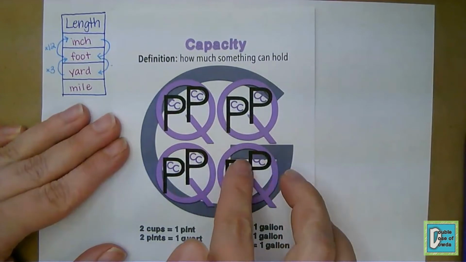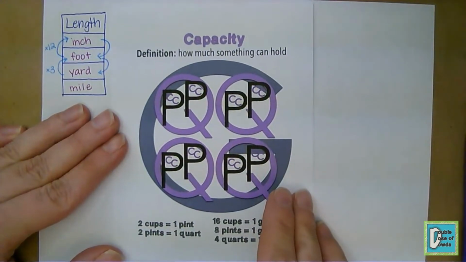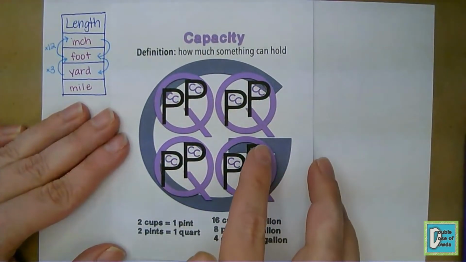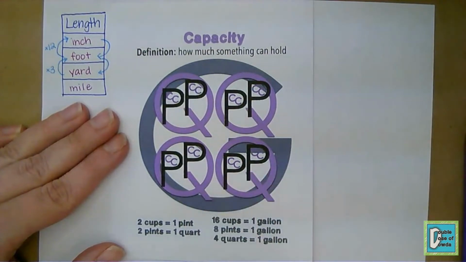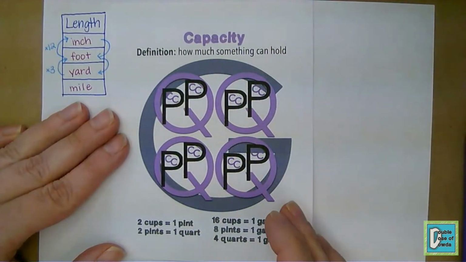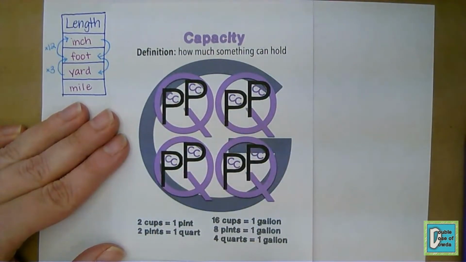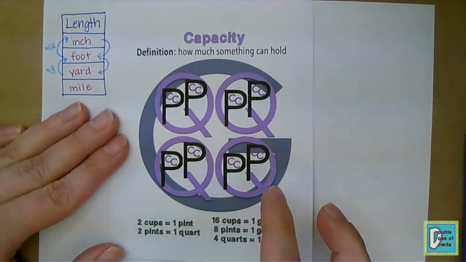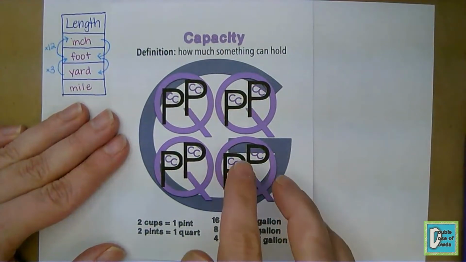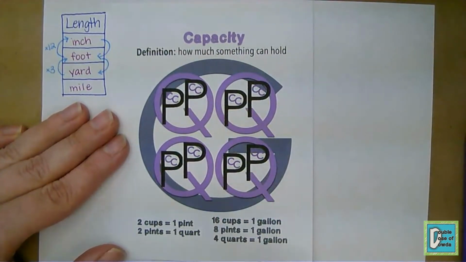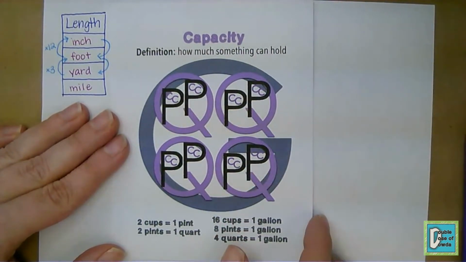So this is an incredibly visual way, as we start talking about representation in a moment, for students to remember capacity because some of those numbers can be a little bit funny. And like I said, for me, whenever I have to solve something for capacity, I think of this in my own life. If I'm cooking and need conversions, I picture this chart in my head and it helps me solve problems too. So this is the anchor chart that I like to use with my students,